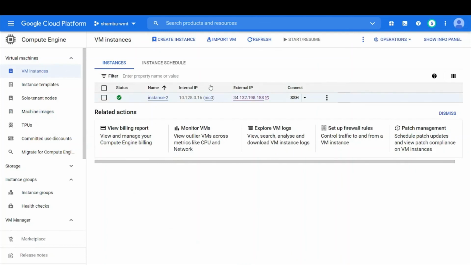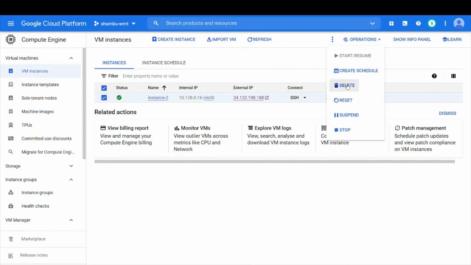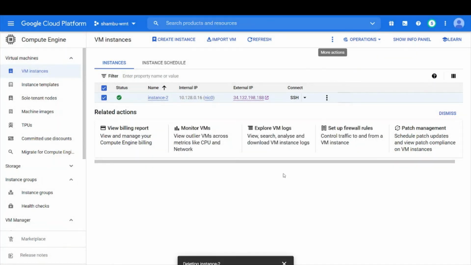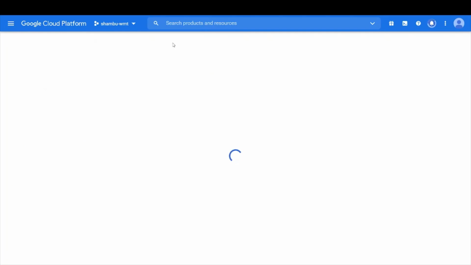Now we'll go and delete this VM. Okay, now I'll create a new VM with that image.